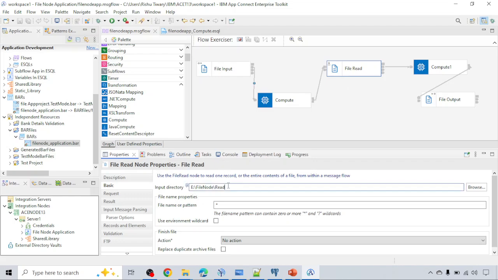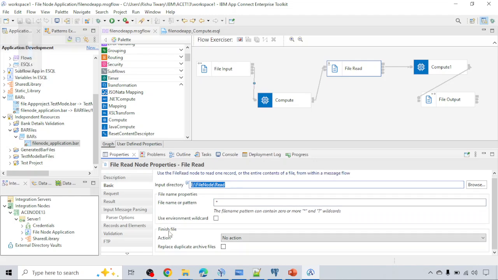Here we have to select from which directory you want to read the file, and what file pattern you want to read. So if I select a star, it will basically take any file present in this location. Okay, further,